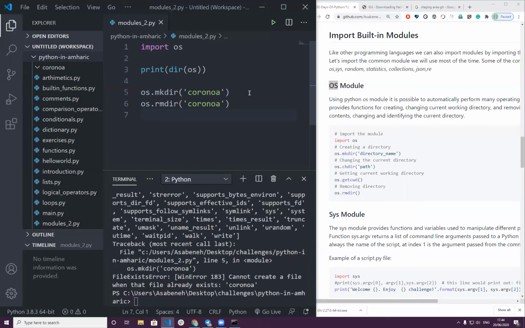ሁለተኛው ላይ ሪሙቭ የምናደርገው የመገኛውን መሰለኝ ፎልደር መገኛውን አይደለም, the folder itself. But I think we may have an error, so let's read the error we have.